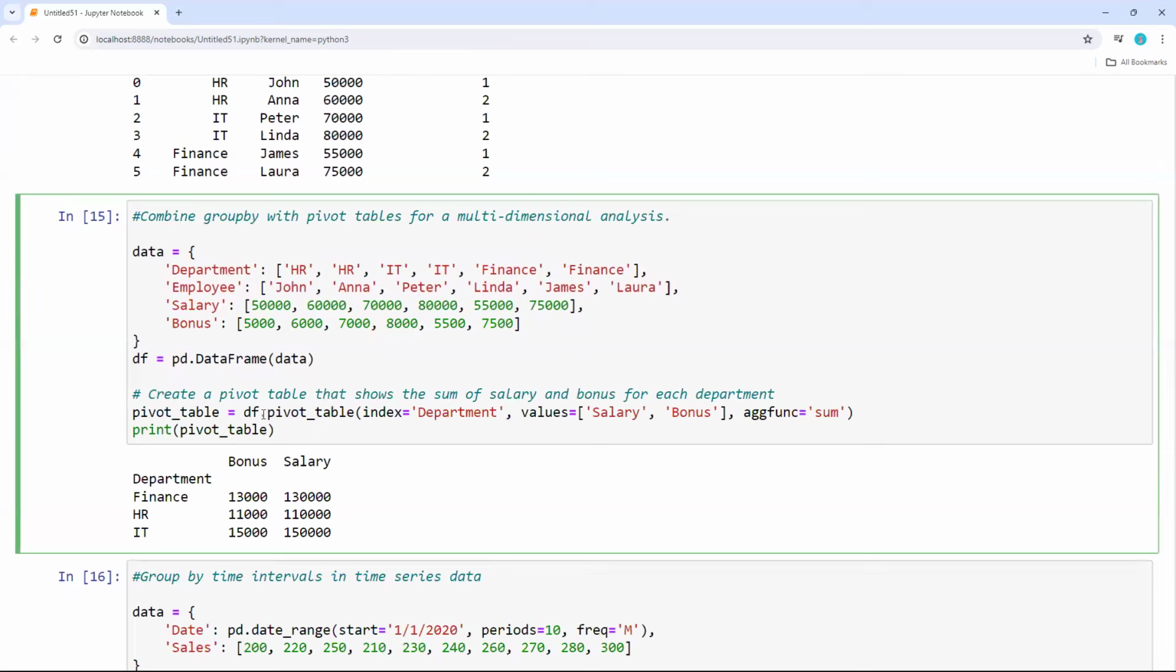So the syntax for the pivot table is like so. You write df.pivot_table, then you need to mention the index. The index is nothing but the left hand side rows, which one you want on the left hand side. So I wanted departments, so that is why the index value I am giving is department. And values: what values are you looking at? I wanted to look at the salaries and the bonuses, so that is why I am giving these two columns